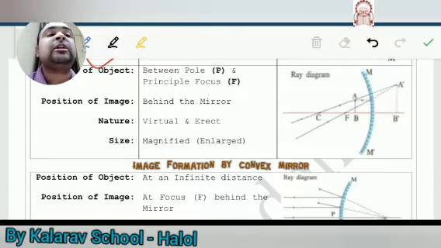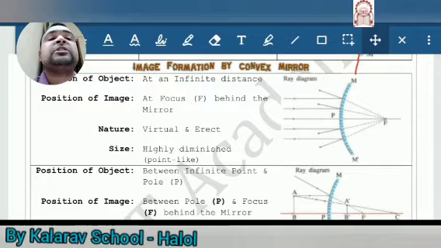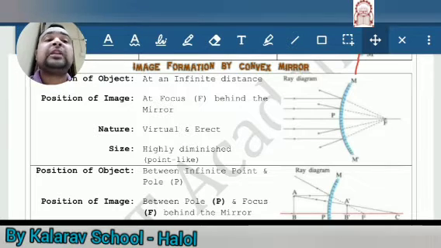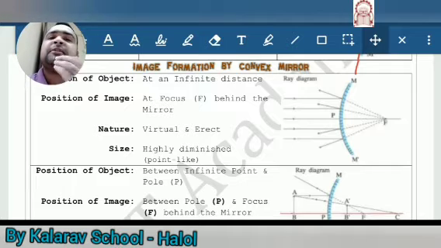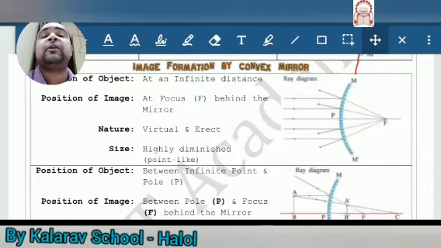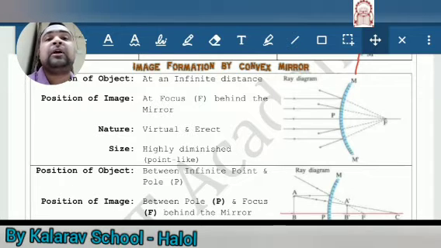Okay, now we will talk about the next type, that is the image formation by the convex mirror. But in the convex mirror there are only two types. The first is very simple and the second one is also simple. Okay, so first, in the convex mirror, its focal point and its center of curvature are all behind the mirror. If you place the object behind the mirror, then you will never get the image. So that's why only two cases are possible: very far from the mirror and near to the mirror.